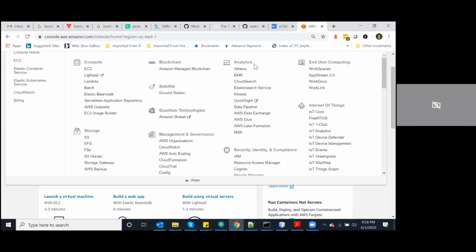You have a lot of analytic engines here. Elasticsearch is one of the good analytic engines. So what that really means is how many times your application is accessed, who are all the people accessing. If you want to gather some kind of statistical data, you can use CloudSearch or Elasticsearch, and you will see all the analytics.